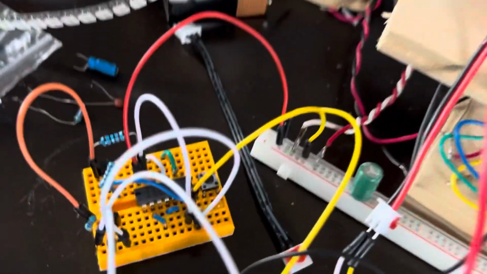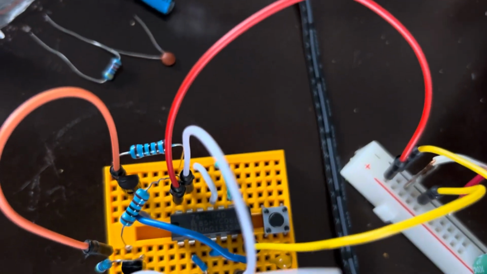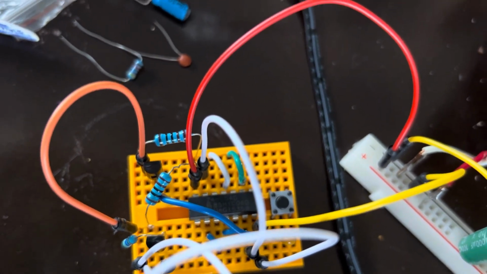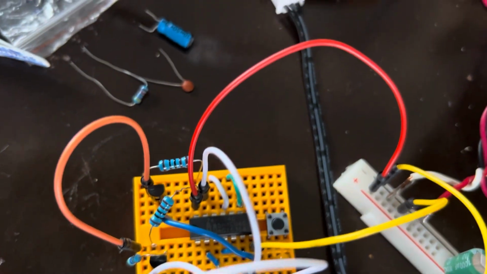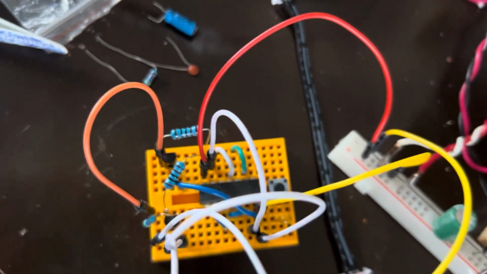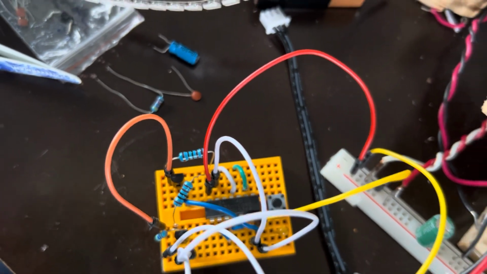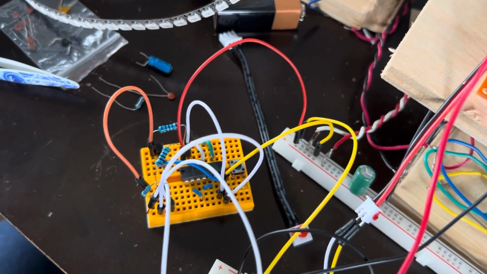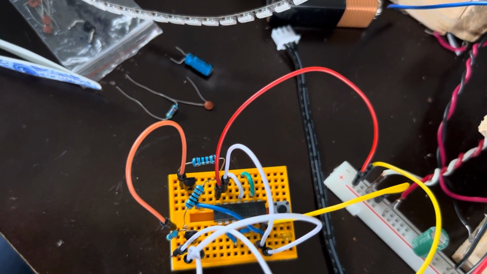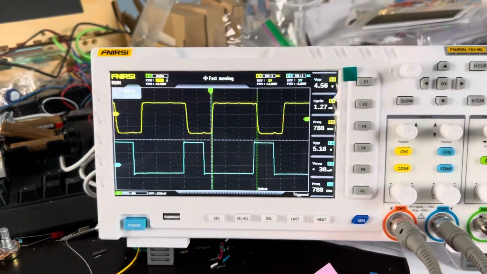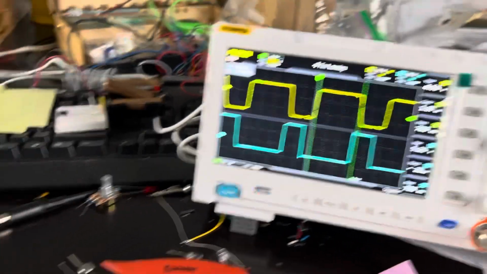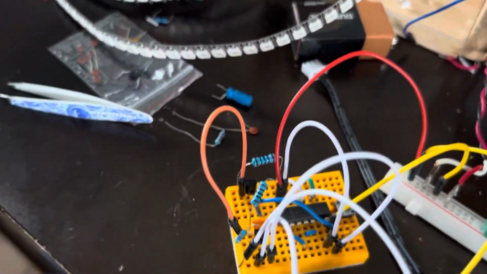And I tried to use an inverter chip, this 74HC04, which is a hex inverter. The problem is the propagation delay of this inverter is only 15 nanoseconds. So when I inverted it 6 times through all the stages of it, I only got a tiny bit of delay. So instead, I used